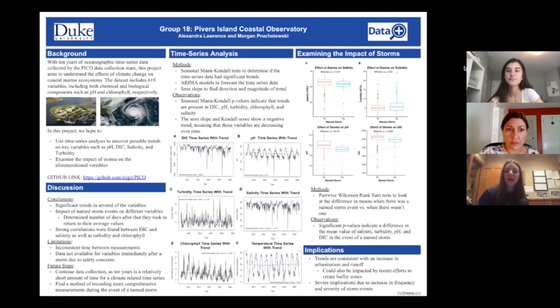And so I mainly looked at pH and dissolved inorganic carbon for the time series analysis, and there was shown to be a negative trend over time for both variables. I also did some work with time series analysis, looking at turbidity, salinity, and chlorophyll, which all were also found to have negative trends. And I also looked at temperature, but that was found to not have a significant trend over time. Other than